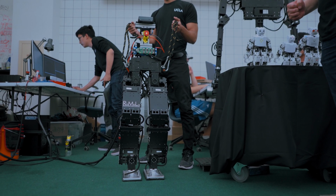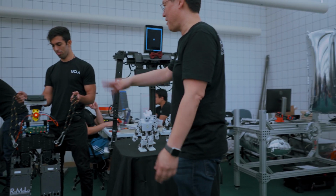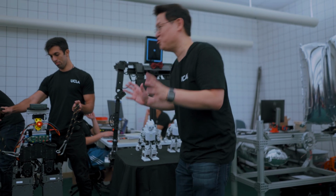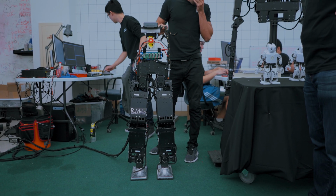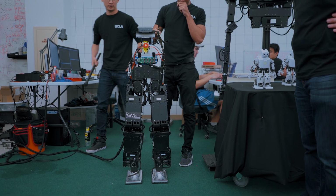In other words, when the robot is walking, sometimes there's a wind gust or it hits something, there are disturbances, right? And if the robot cannot handle it, it's going to fall. So it tries to figure out how to change its posture to get rid of the disturbances. So it uses different sensors, right? Right, so